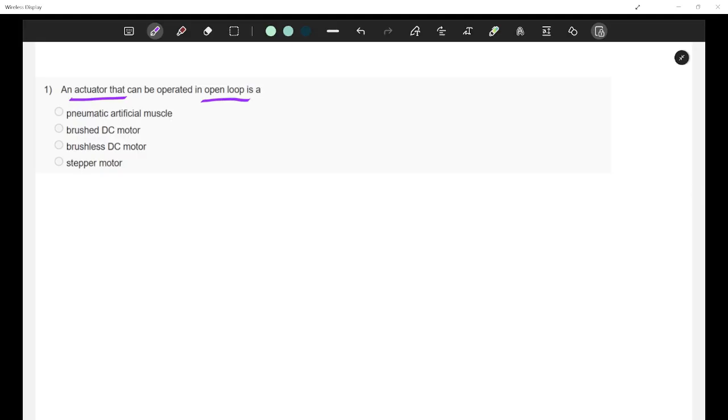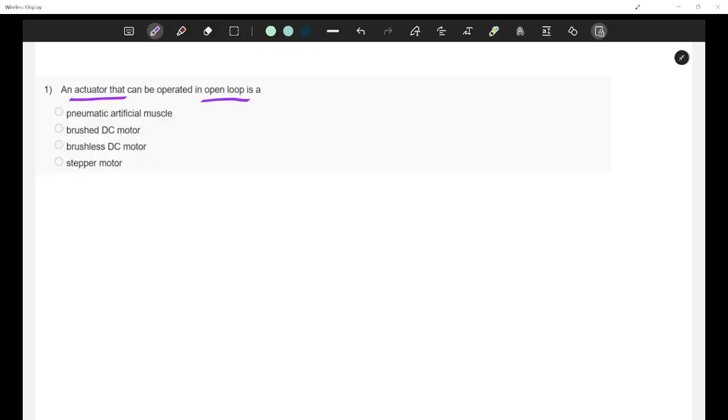Pneumatic artificial muscle, brushed DC motor, brushless DC motor, or stepper motor. Before going with anything further, can I know what is the difference between a brushed DC motor and a brushless DC motor? Any idea on this?